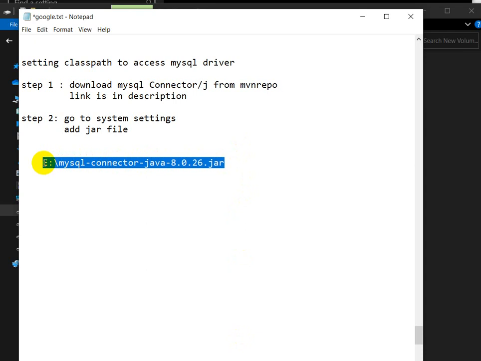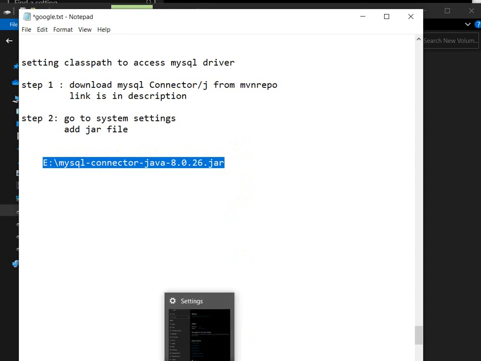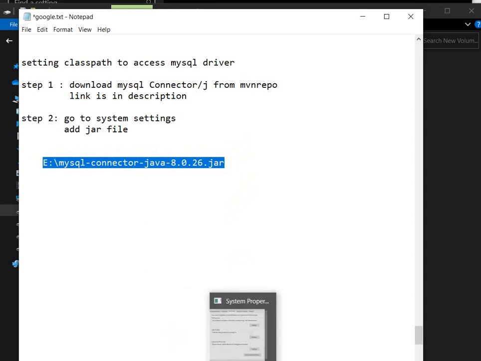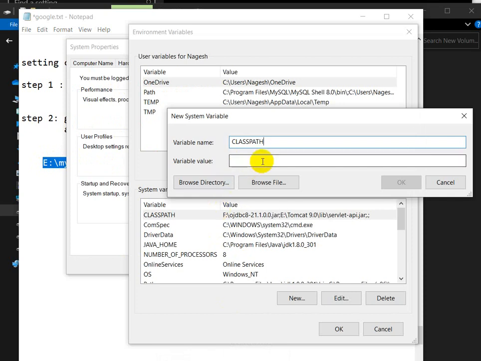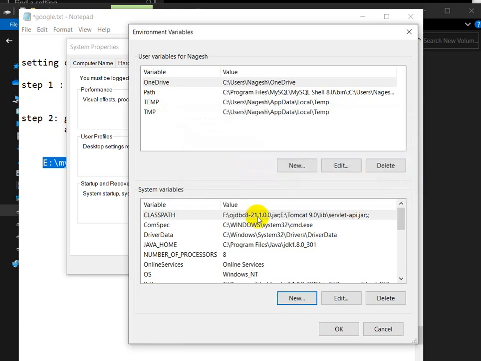So this is my location. I will copy this. Then in the system variable value we can give this location, and the variable name is class path. If you don't have class path, then you can create it. I will cancel because I already have class path.